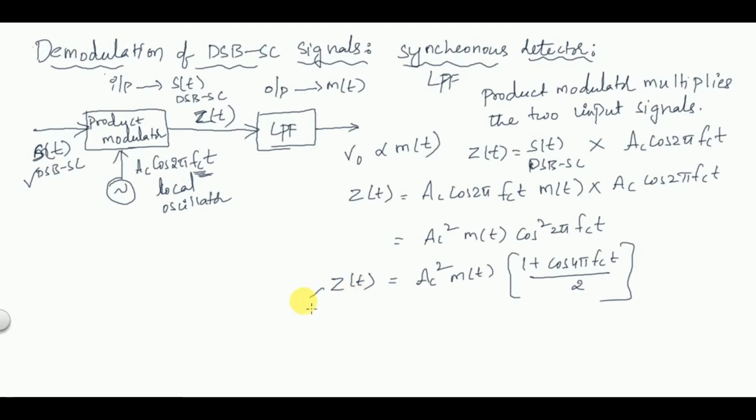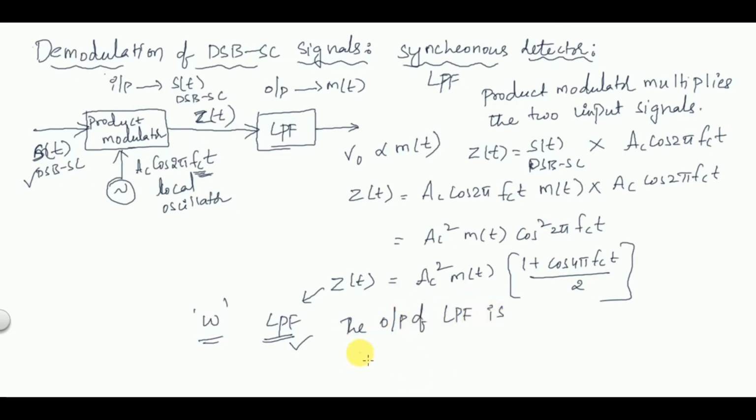So this signal Z of t is passed through a low pass filter which has a cutoff frequency of W, which is equal to the message signal frequency. All the frequencies around the message signal will be passed, and all frequencies very much greater than the message signal are going to be rejected by this low pass filter. So the output of the low pass filter